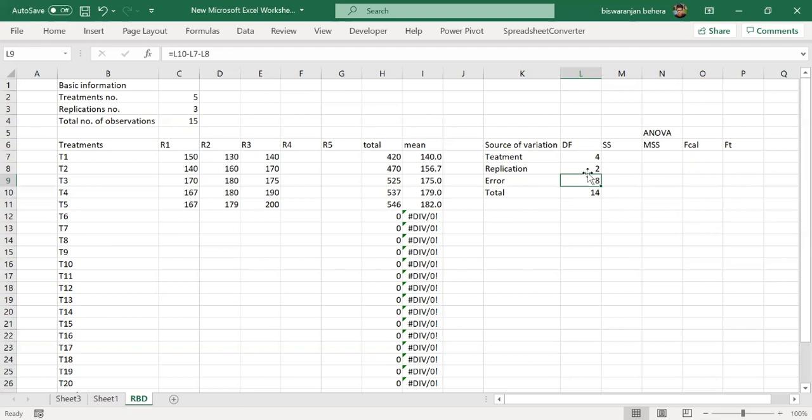Okay, so that is the most important reason why we should go for RBD if the experimental unit is not homogeneous. That is the limitation of the CRD design and the advantage of the RBD design. So the next step is calculation of sum of square. It is a very important step, and for calculation of sum of square we have to calculate